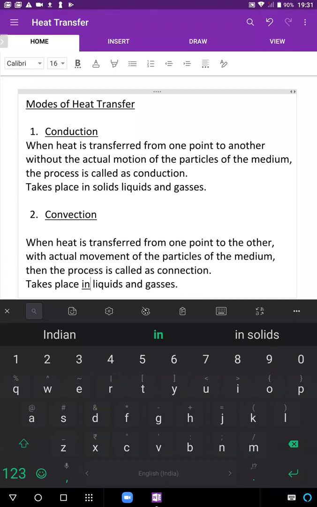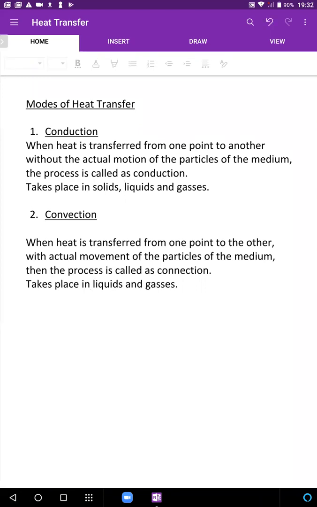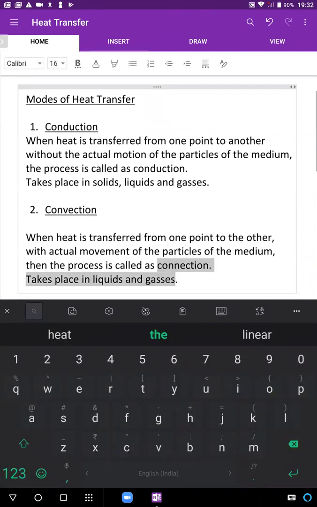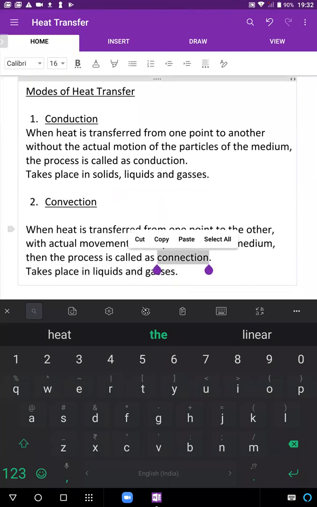Okay, we will not go much into plasma and so on. Simple JEE-level three states of matter for us: solids, liquids, gases. Out of them, it will not happen in solids. Why will it not happen in solids? Because in a solid the particle cannot really leave its initial position and move somewhere else and come back. Okay? So it cannot leave its initial position and move somewhere else and come back. That's why it will not happen in solids.